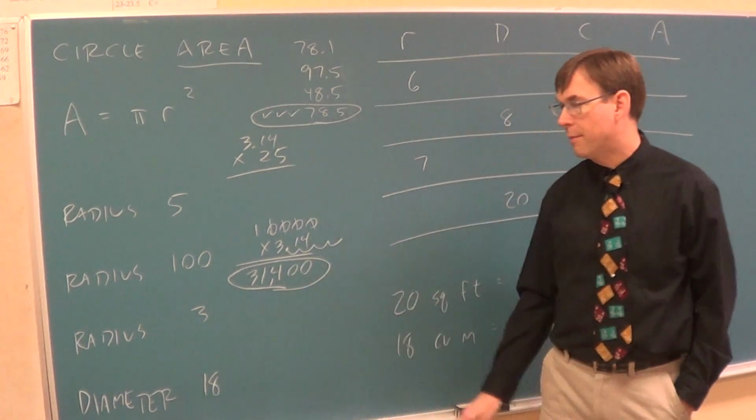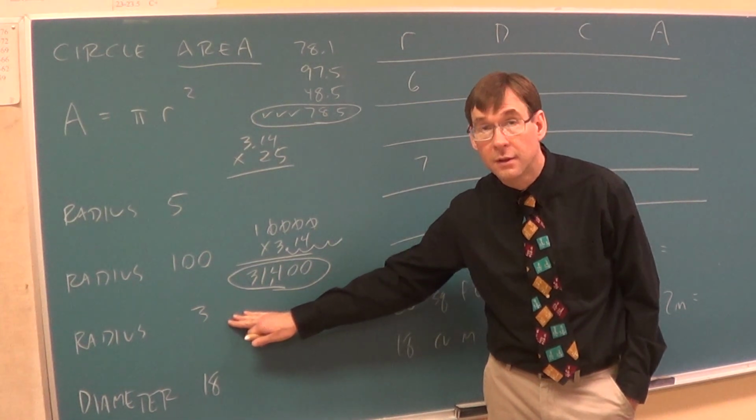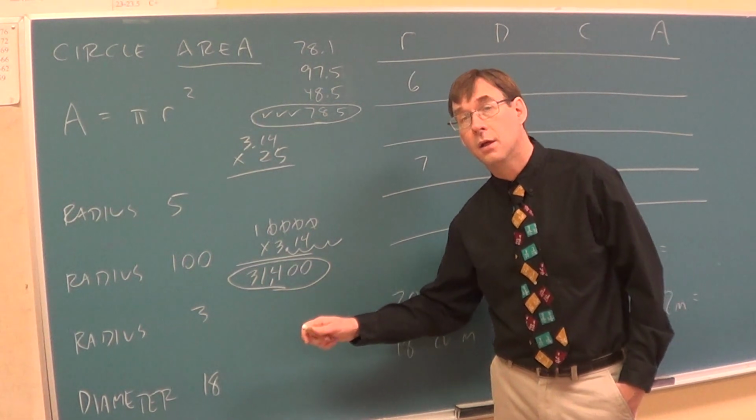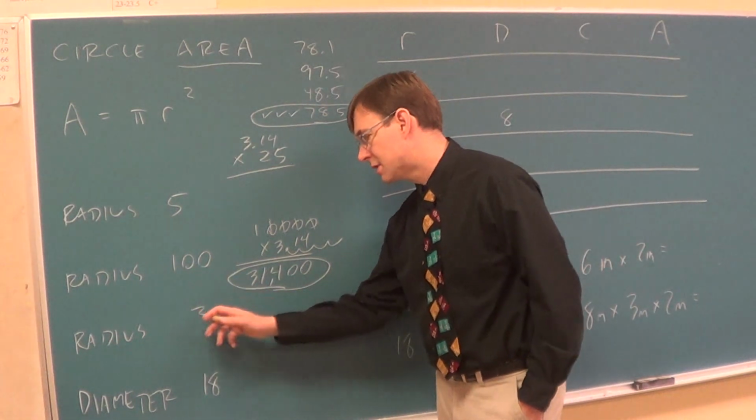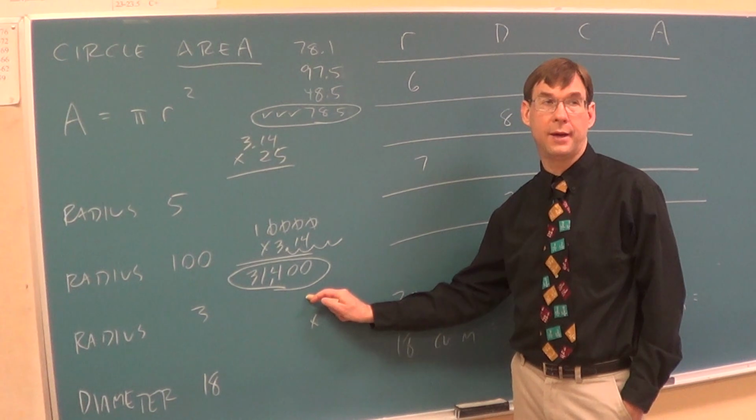Question about that? This one. How would the math start off for this one then? 9. You said 9? How'd you get 9? 3 times 3. We're going to go radius times itself. 3 times 3 is 9. And then 9 has to multiply